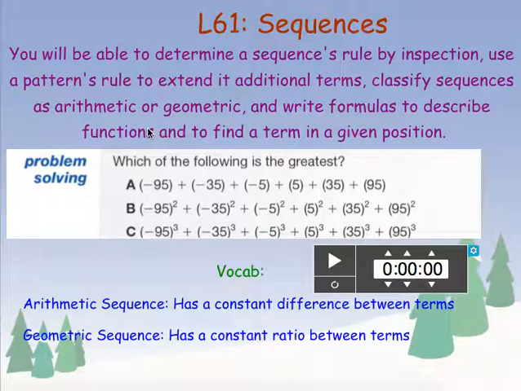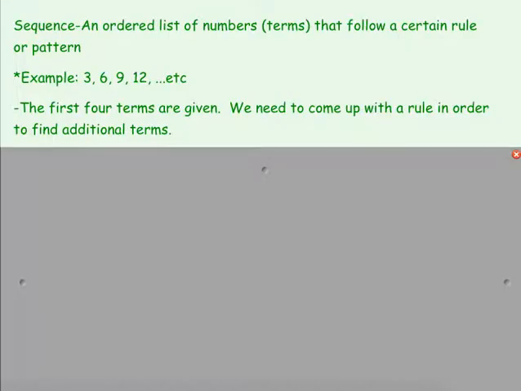Course 3, Lesson 61, we are looking at sequences, and two different types of sequences. We have arithmetic sequences, which have a constant difference between the terms, and geometric sequences, which have a constant ratio between the terms. So what I mean by constant difference is, let's say that we have this sequence,